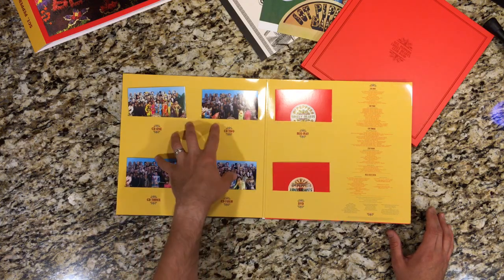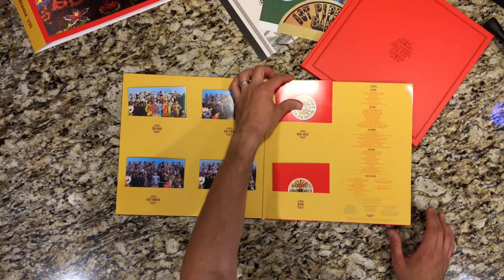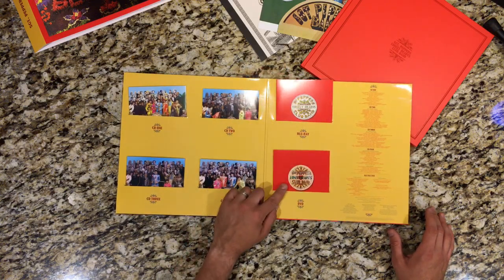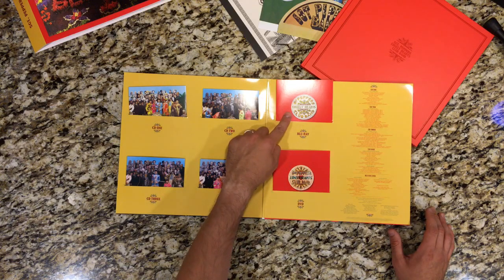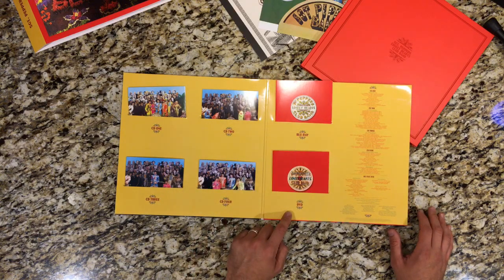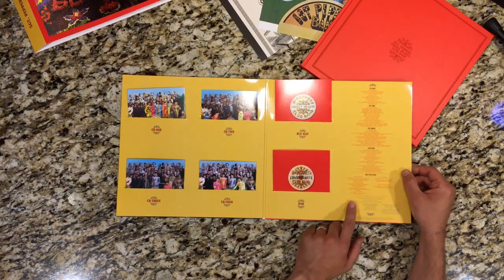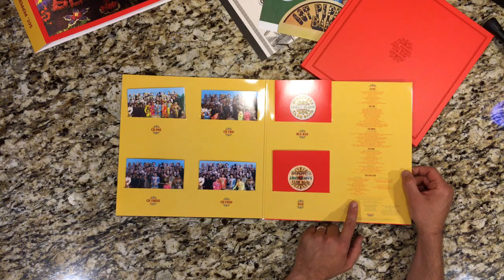In addition to those 4 discs, disc 5 and 6, I believe they're exactly the same, minus, you see here, the old drum skin, the new drum skin. Disc 5 is the Blu-ray, disc 6 is the DVD. It's nice to have both of those. I'll read real quick the audio content, in addition to the 5.1 mix of Pepper on both of these,